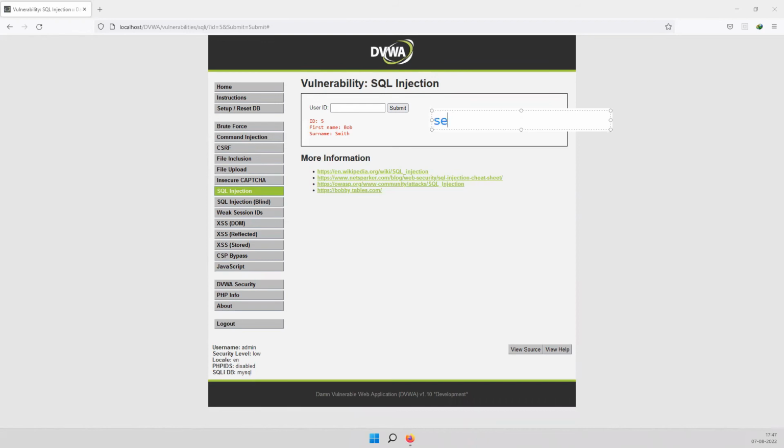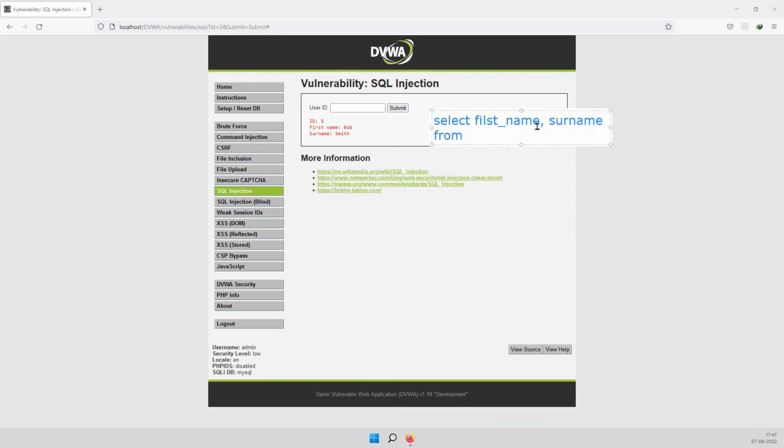Select first name, comma last name. This is surname, right? So first name, comma surname, from a table. There could be any table where this data could be stored.